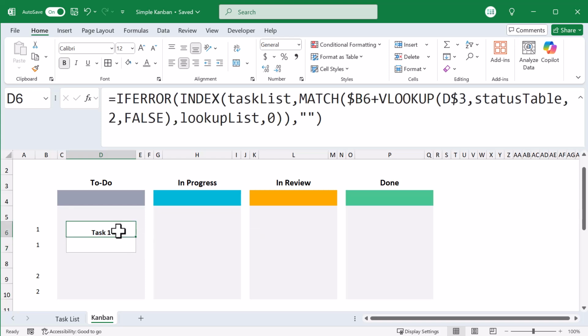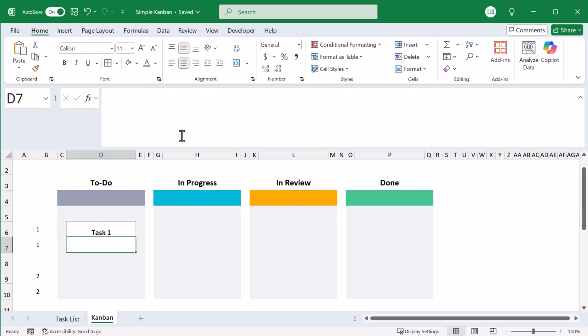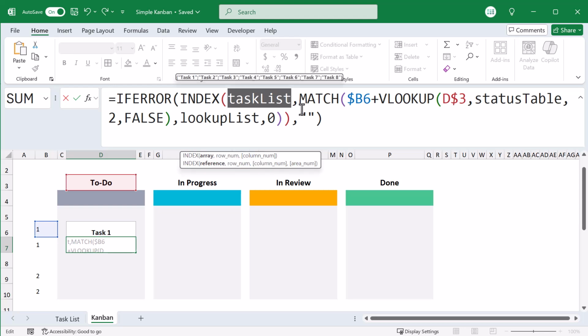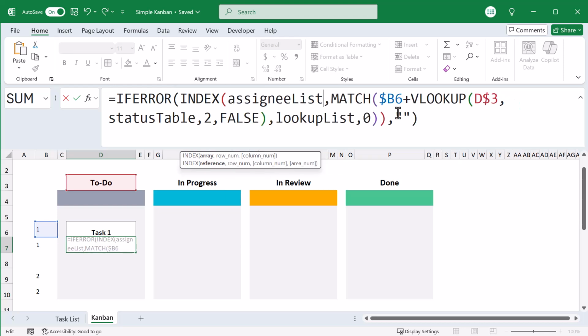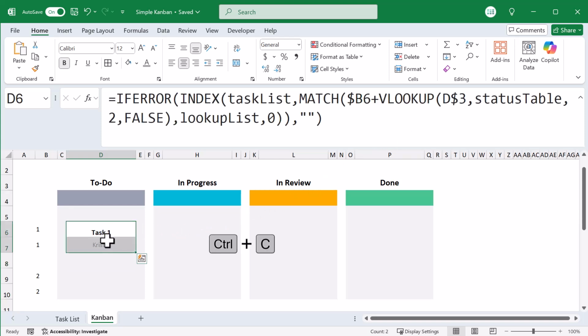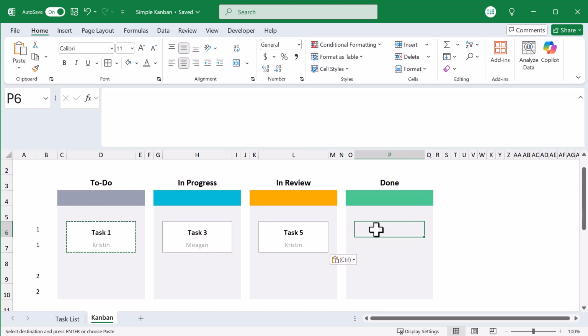All right, once you have the formula working, go ahead and copy the formula text. Then select cell D7, place your cursor in the formula bar, and paste. Then all you have to do is change task list to assignee list. Fantastic. At this point, select D6 and D7, copy, select H6 and paste, select L6 and paste, select P6 and